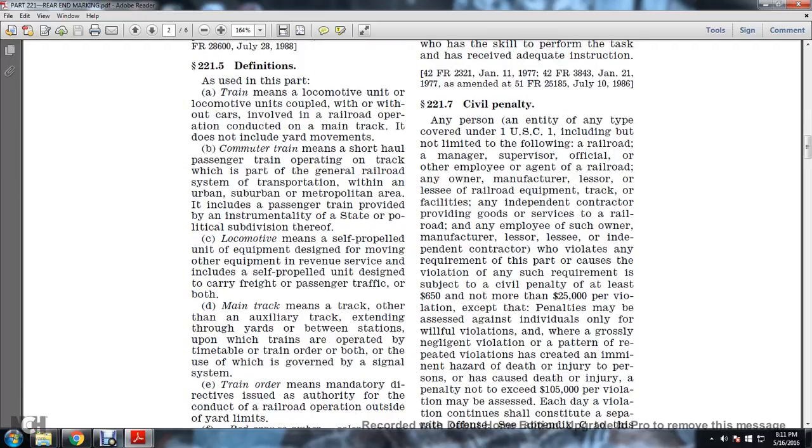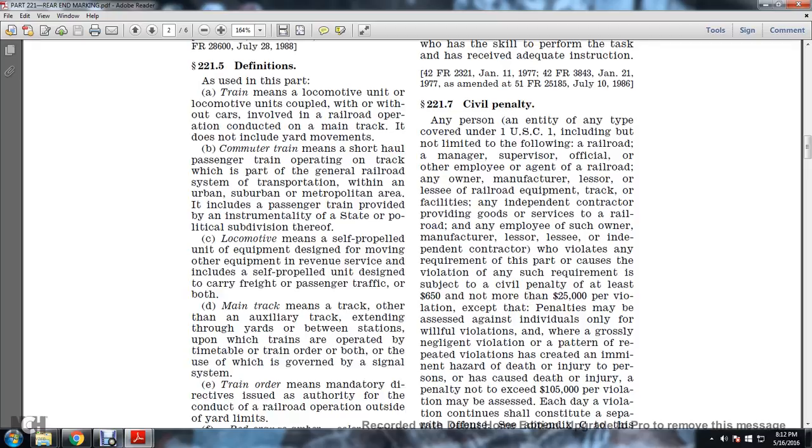221.7, Civil Penalty. Any person of any type covered under this title, Title 1, U.S. Code, including but not limited to the following: a railroad, manager, supervisor, official, other employee or agent of a railroad, any owner, manufacturer, lessor, or lessee of railroad equipment or track facility, an independent contractor providing goods or services to a railroad, or any employee of such owner, manufacturer, lessor, lessee, or independent contractor,